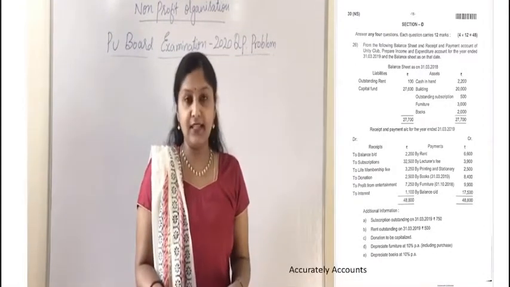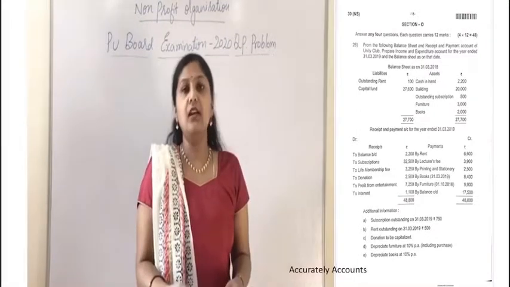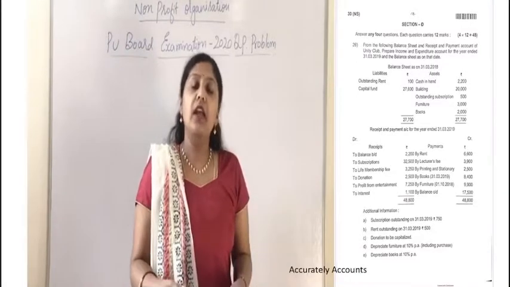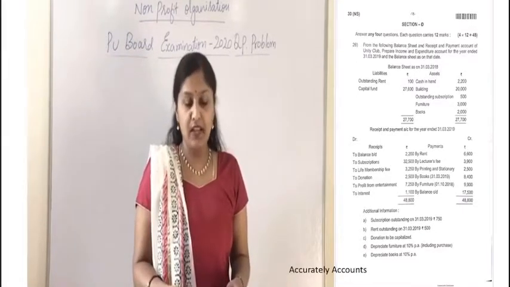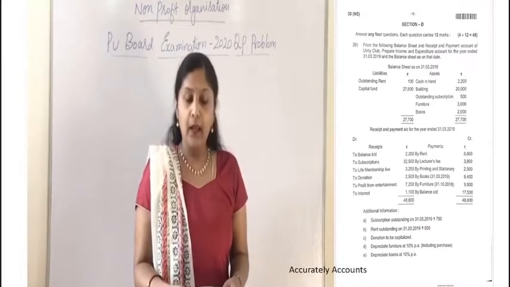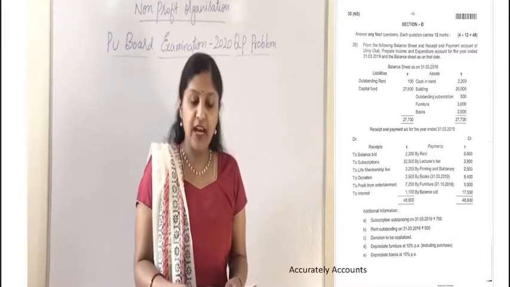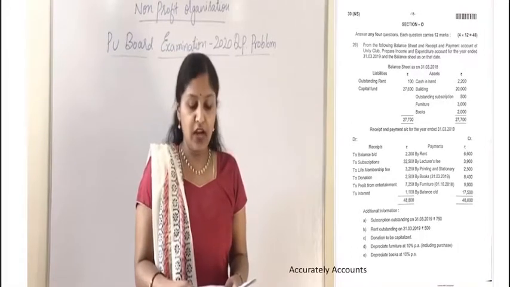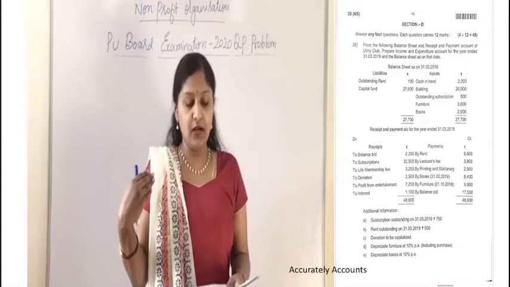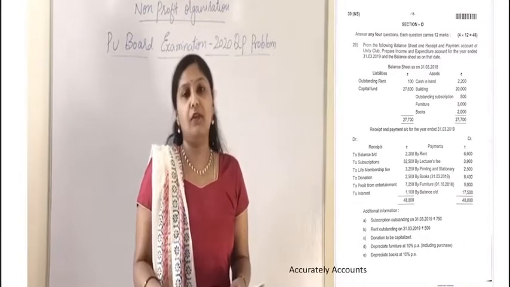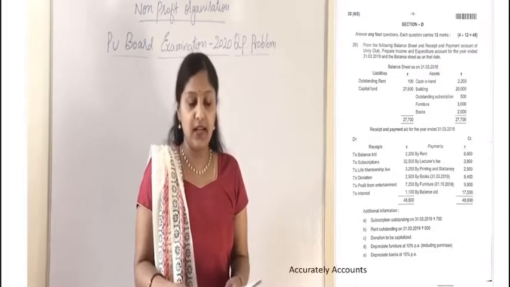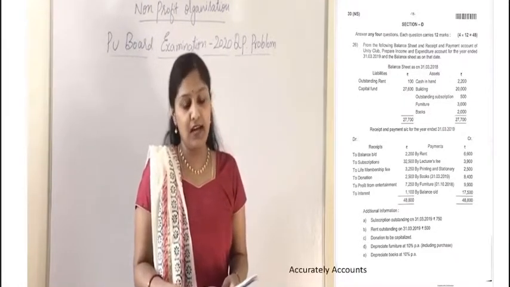And coming to the asset side, we can find cash in hand. This is the opening balance of cash. Generally we don't treat the opening balance of cash anywhere in any account and any statement which we prepare in the non-profit organization. Only the closing balance of cash we generally take. Building is an asset. Outstanding subscription, we need to treat it. This is an outstanding subscription of the previous year, so we need to minus it from the subscription in the income and expenditure account. And then we have furniture, it is an asset. Books, also considered as an asset.